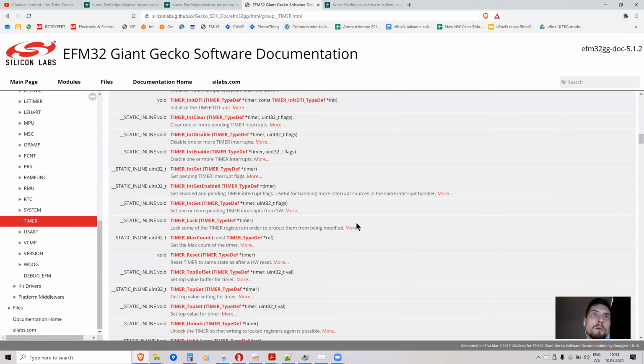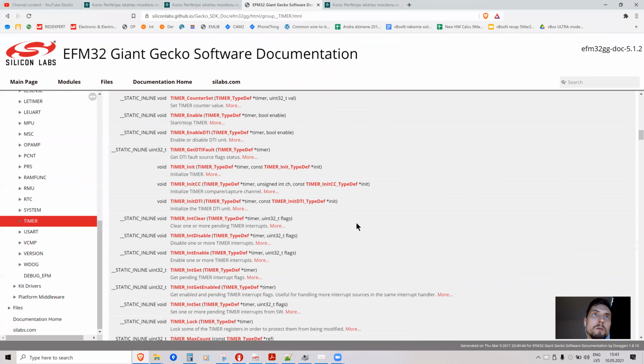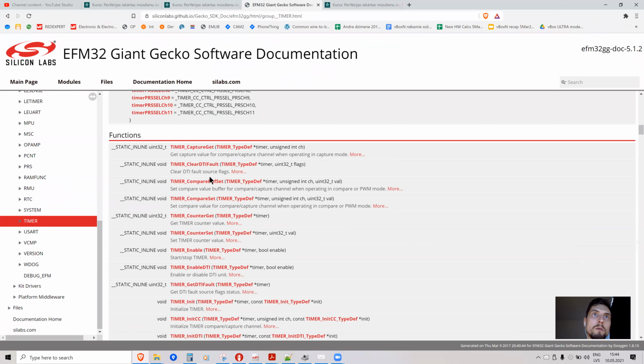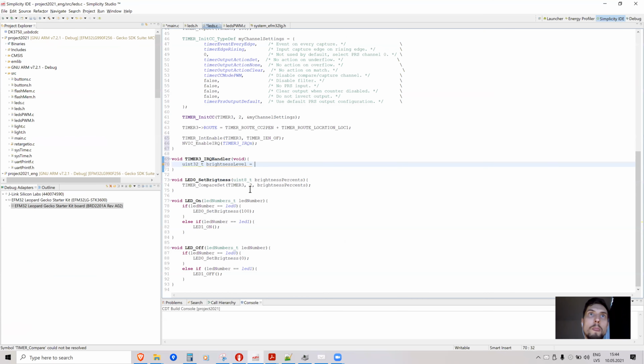Top get, top set, compare set. Okay. Then I can read the value of current brightness by directly reading from timer 3, capture compare,